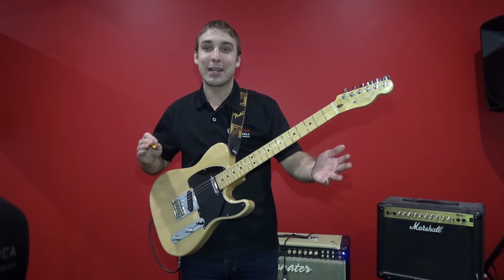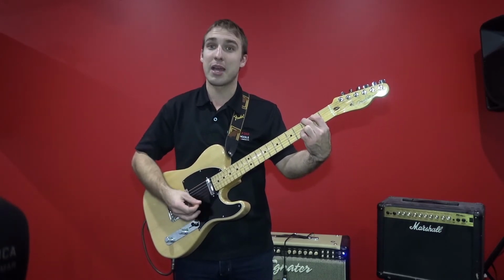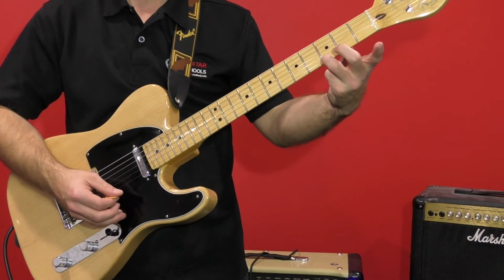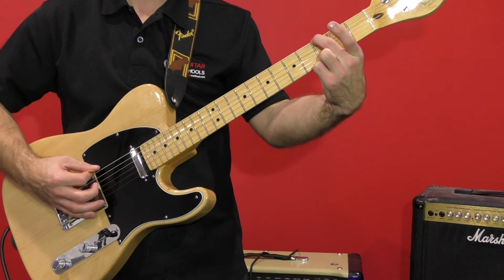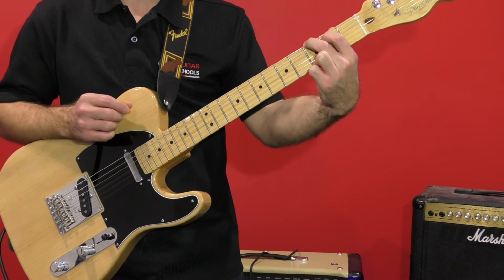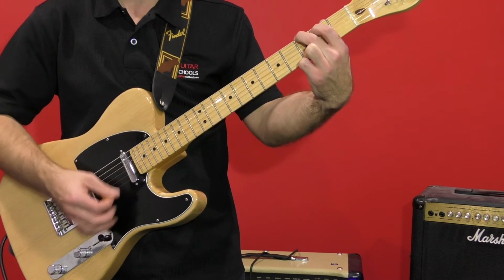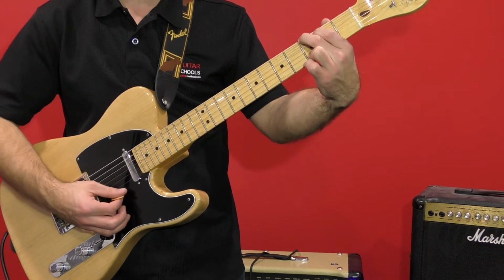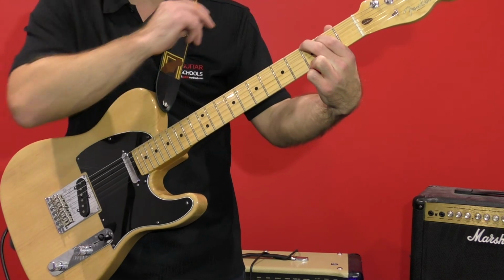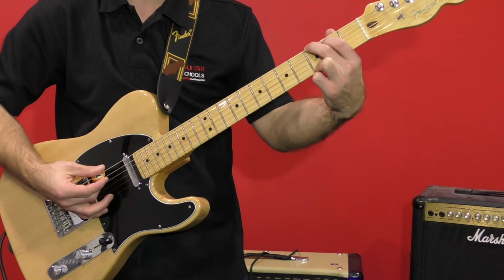So I'm a Believer, the chorus is literally just your G chord. You're going to strum that twice. So that's the third finger, first string on the 3rd fret, second finger, 3rd fret on the 6th string, and first finger, 2nd fret on the A string, or on the 5th string. So we've got that G chord there. So 3rd finger, 1st string, 3rd fret, 2nd finger, 6th string, 3rd fret, and 1st finger, 5th string on the